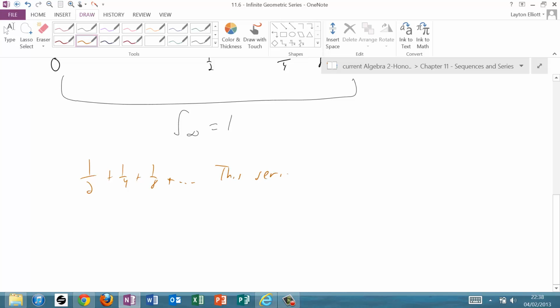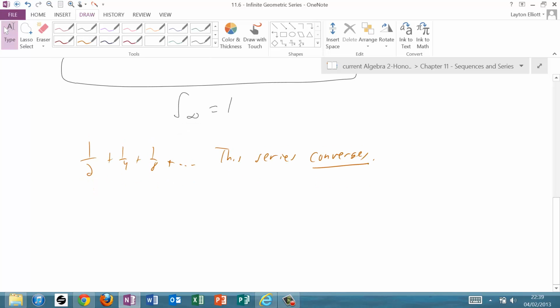This series converges. Converges, what it means is that when you add up infinitely many terms, you have a sum. And that's important. This series converges. This series has an r value equal to 1/2. And so what we need in order to have an infinite series